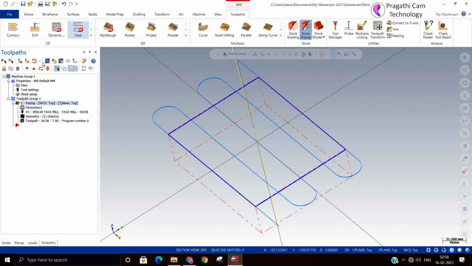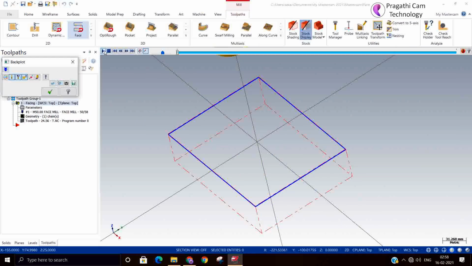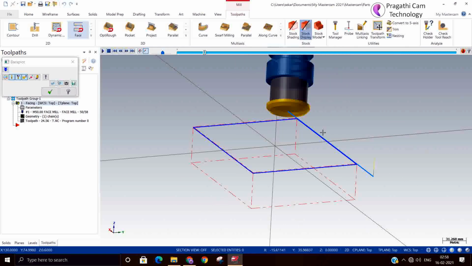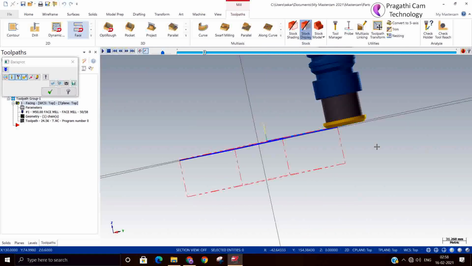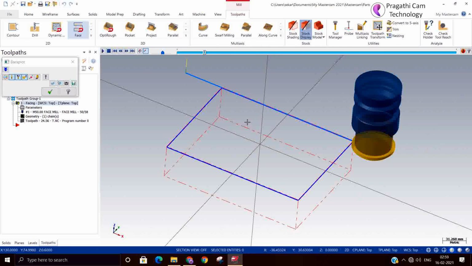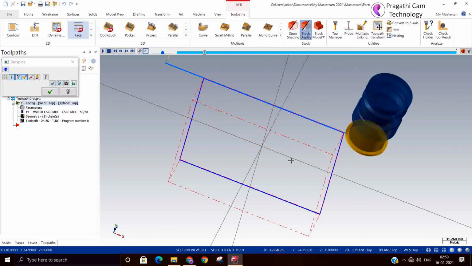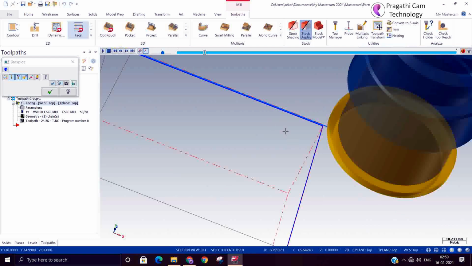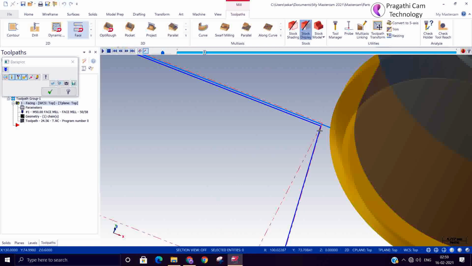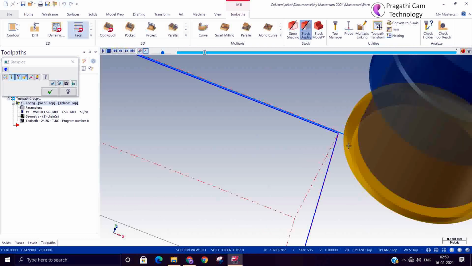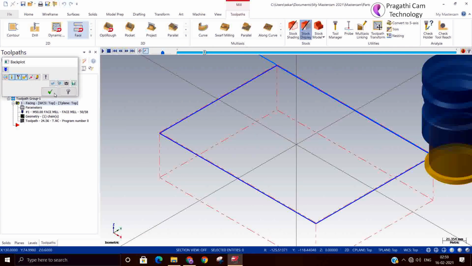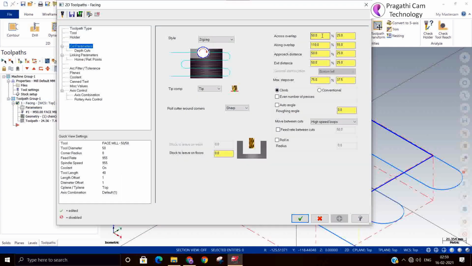In the first pass, you can see the tool coming, and the distance you can see here is 110 percent of the tool diameter. 100% means the diameter of the cutter, so 110 means the tool comes totally out of the material. That is the meaning of this.